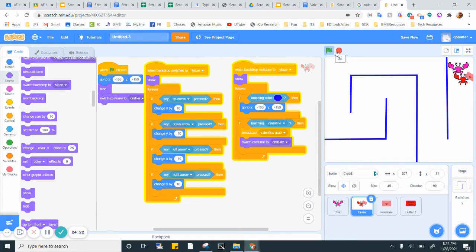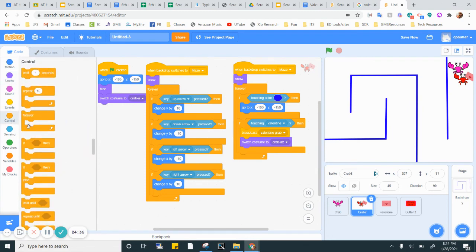I hope you change this a little bit. I really hope you don't make it exactly the same as mine. I want some creativity there. So anyway, stop. And I'm going to do something very similar to what I already have here. And it's going to be if,